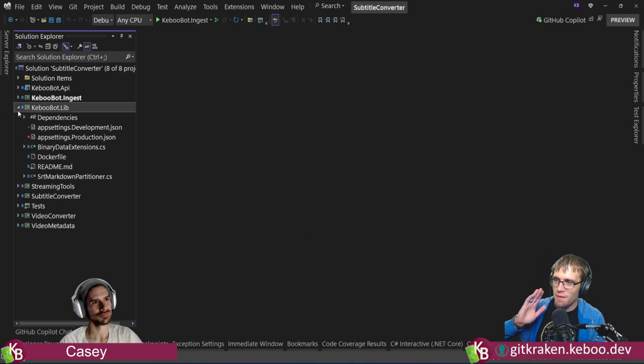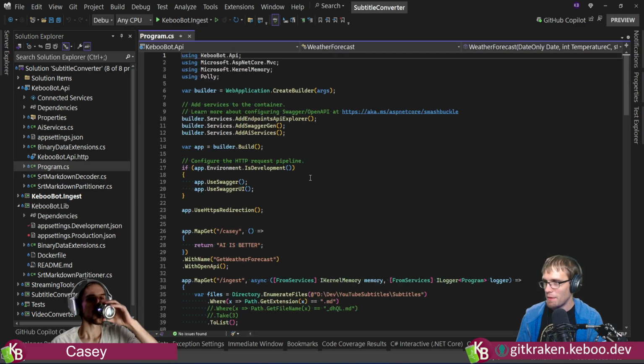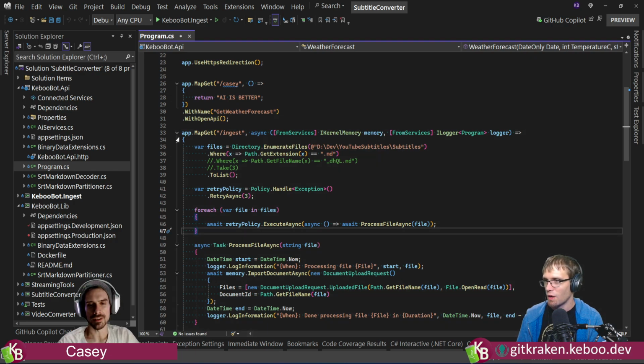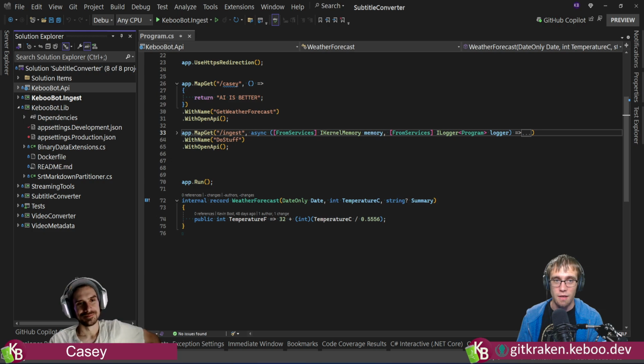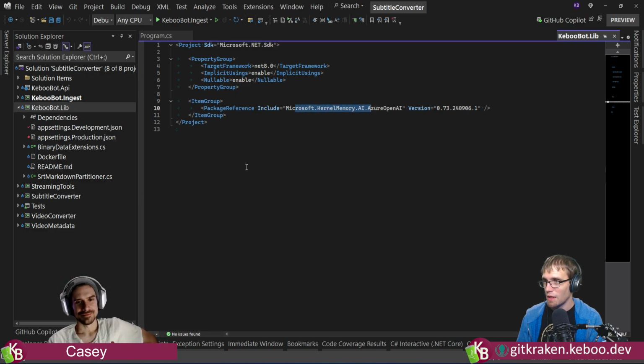So here's what I think I know, and then you can correct me. We had originally started building our own web API, right? Which was this KabuBot API stuff. It had an ingest and all of that kind of thing, which was fine, whatever, right? And then we discovered that kernel memory is awesome. Even more awesome than I remembered. So kernel memory was the new hotness. We like the new hotness. And the new hotness let us write this lib project instead, where we just reference kernel memory.